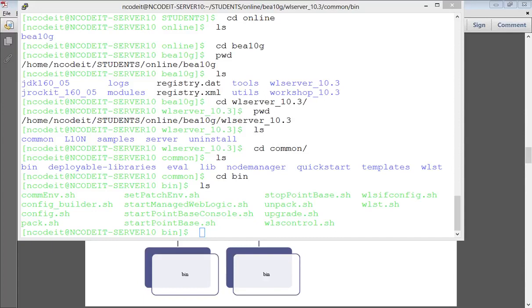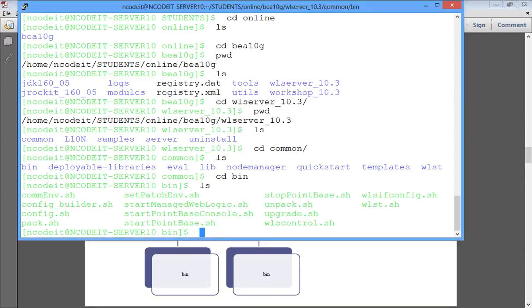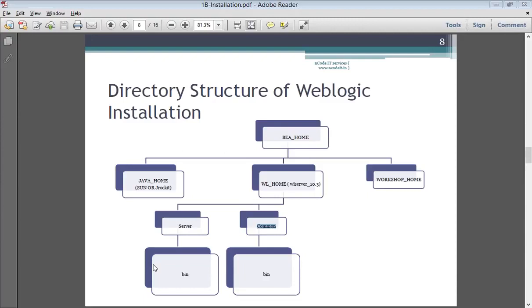Alright, so that's your installation and the directory structure after the installation. And we have used the simplest way of doing the installation, GUI mode. That's usually used in a Windows based system, but because we are on Unix, we don't have this GUI part. And the Xming thing can be used anywhere. That's a really cool X Windows system we use on a lot of things, especially when you have firewalls and other stuff in between. Xming works and saves you a lot of time. Now the next way of installing